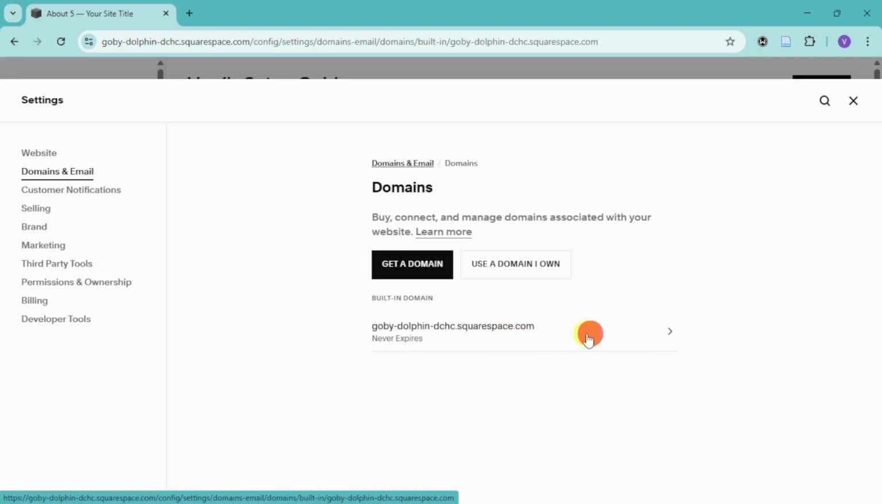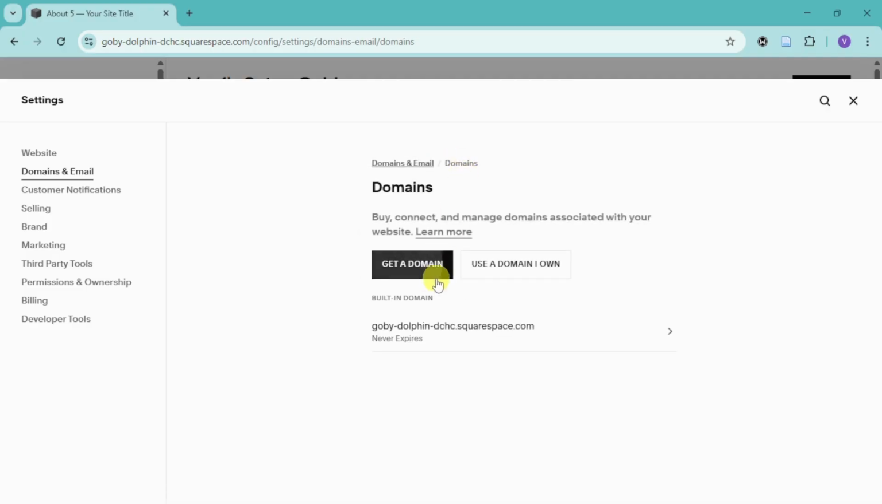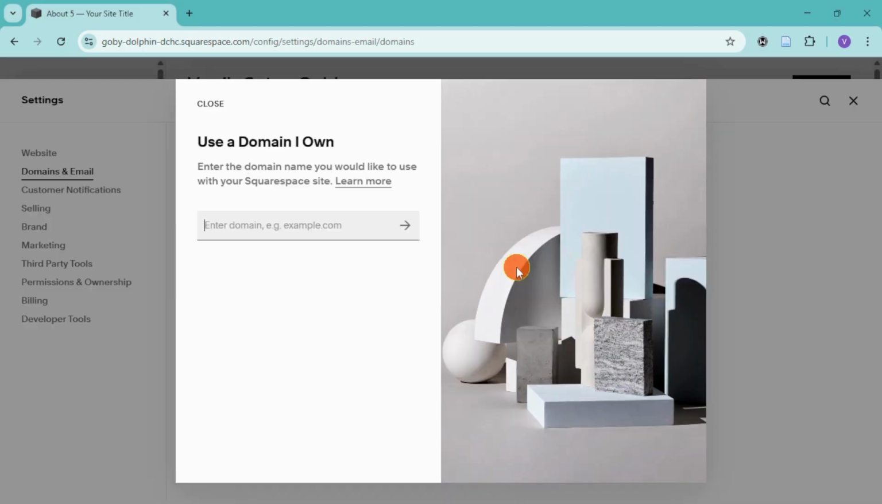So I have in here this built-in domain. So as you can see, this domain never expires. You can change in here or customize your built-in domain. If you wish, you can actually head over and add in here a new domain or use a domain that you own. For example, you can click on use a domain that you own, find in here that,